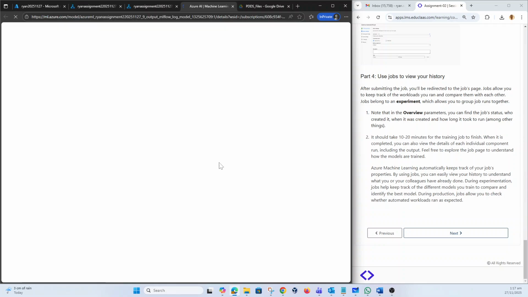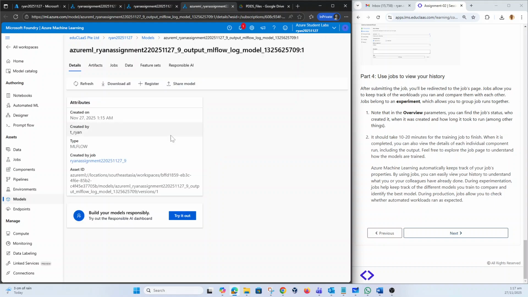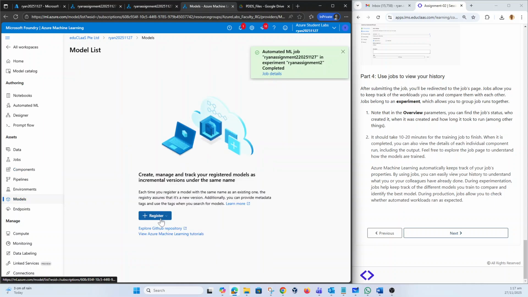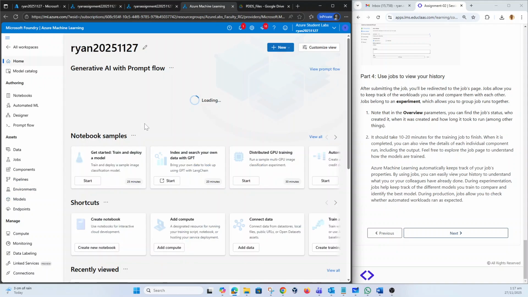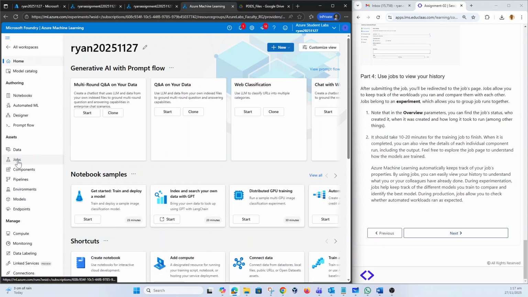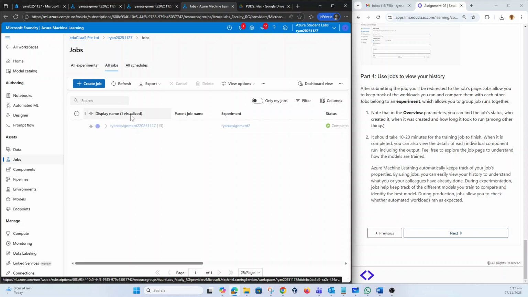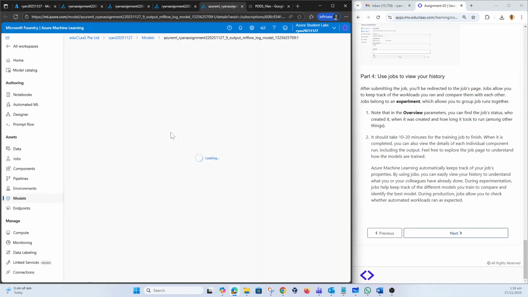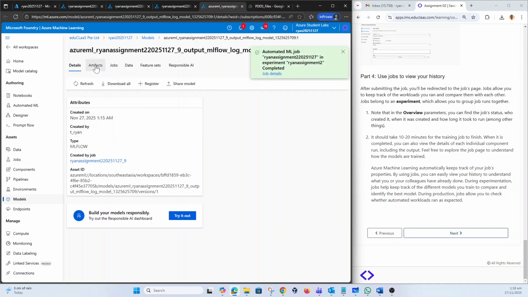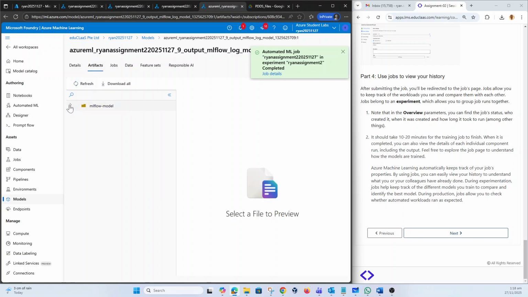In this one, this is the best model that was selected by the machine learning. One moment. Then go back here, all jobs. Okay, this is the one. Click the artifacts. So the artifacts, this is the